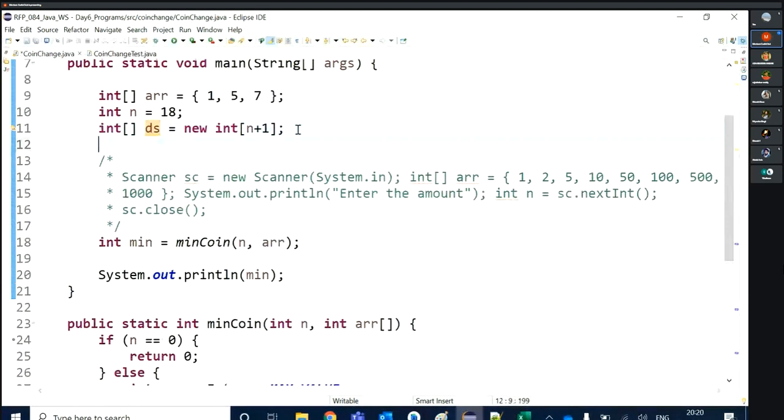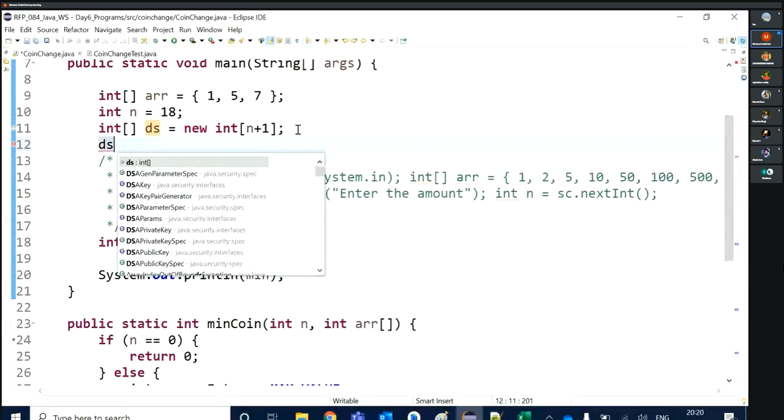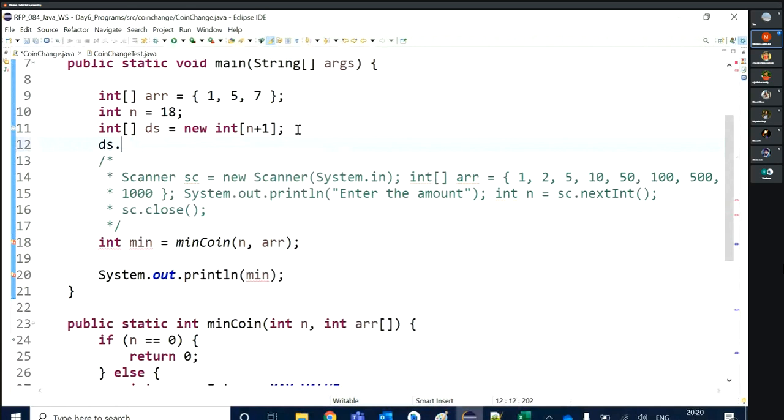Just with the ds dot, I think array does not have that method. Our basic solution is 0, but we need to fill the array with -1 before using this ds.